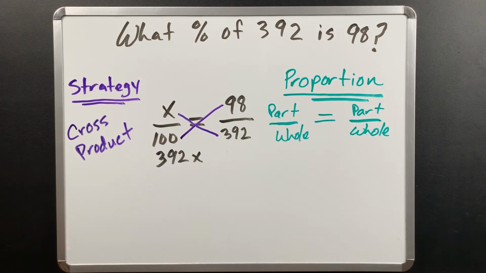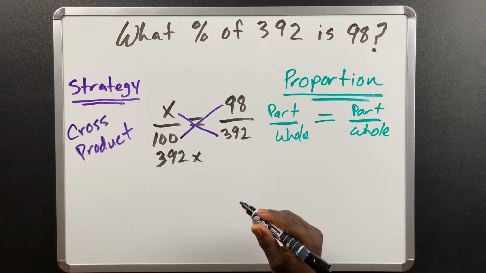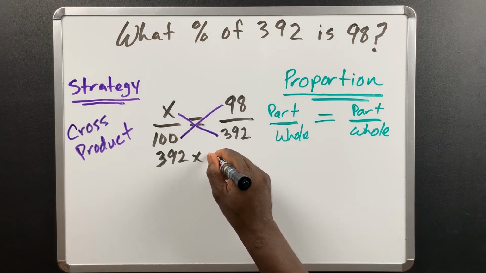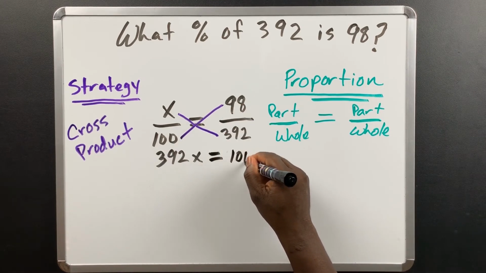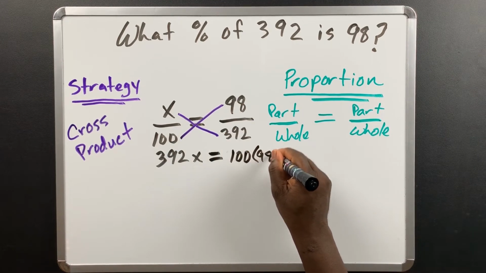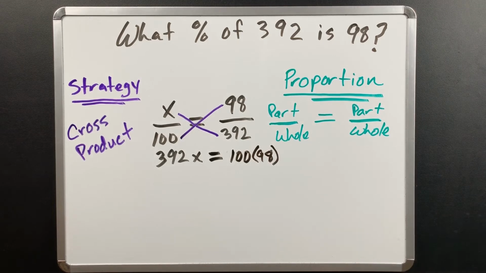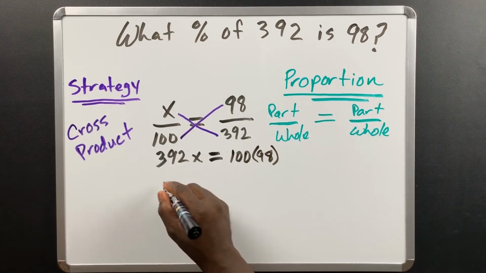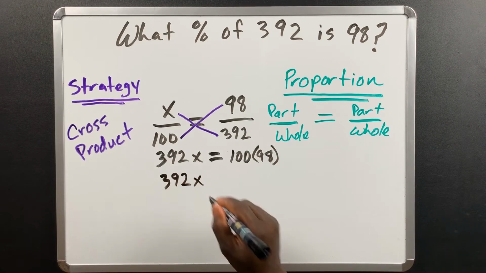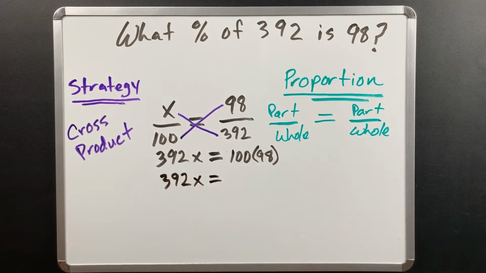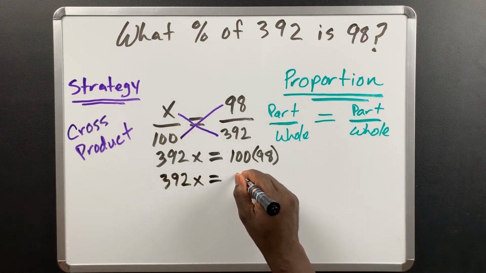There's a cross and we're multiplying. That's what it means for product. So we bring down the equal sign, 100 times 98. Excellent. So we're doing pretty good so far. All right. Now I'm going to bring down this 392 times x. Bring down the equal sign. 100 times 98 is going to give us